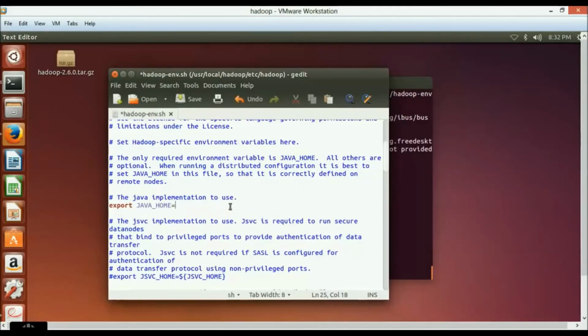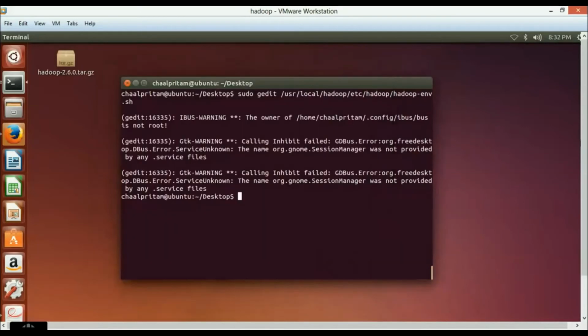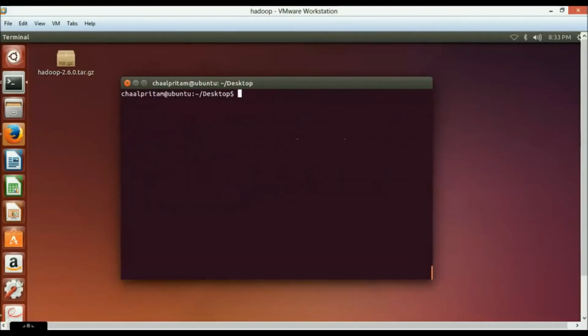And we have to edit this command, export JAVA_HOME, and enter the path which you copied earlier. Now we have set the source,